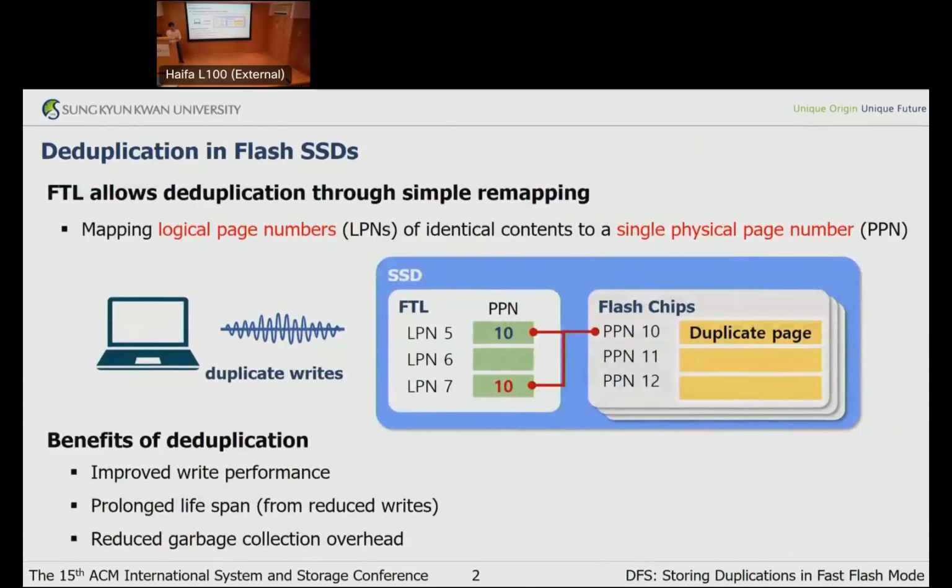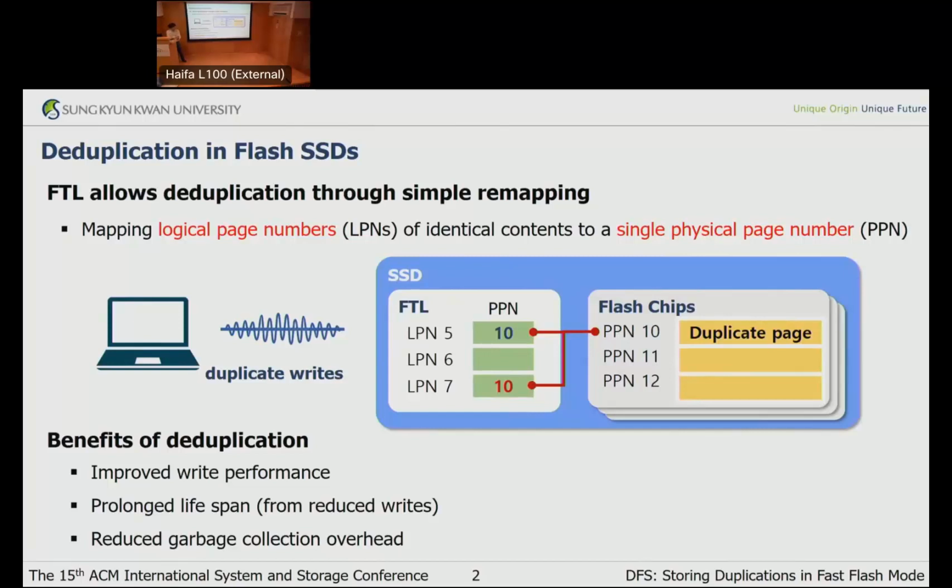Flash SSDs easily support deduplication. A Flash SSD has a flash translation layer, FTL. The FTL has a mapping table that maps a logical page to the corresponding physical page. The FTL can achieve deduplication by simply mapping logical pages with identical data to a single physical page. For example, let's assume that